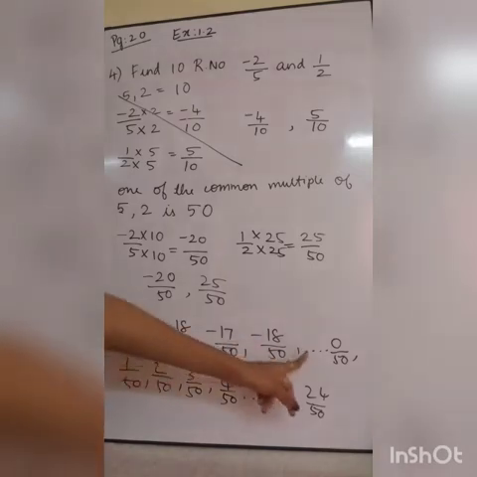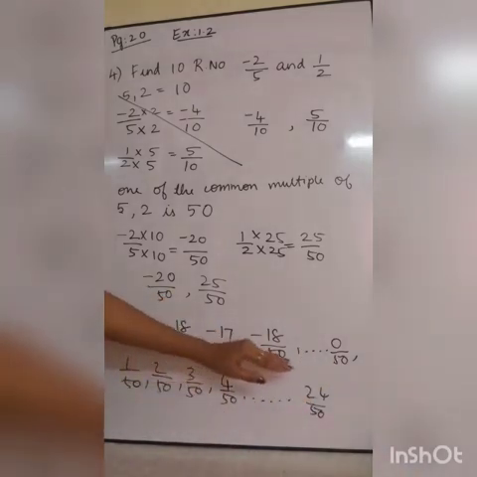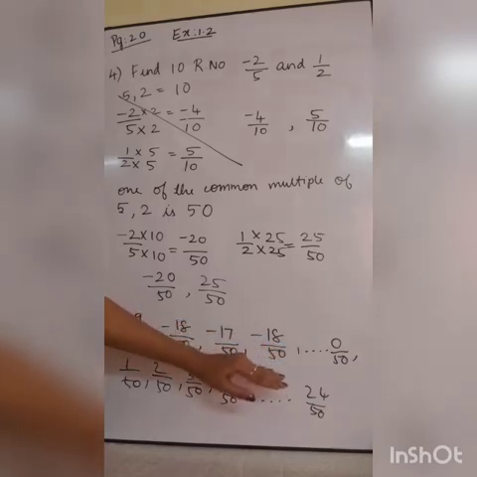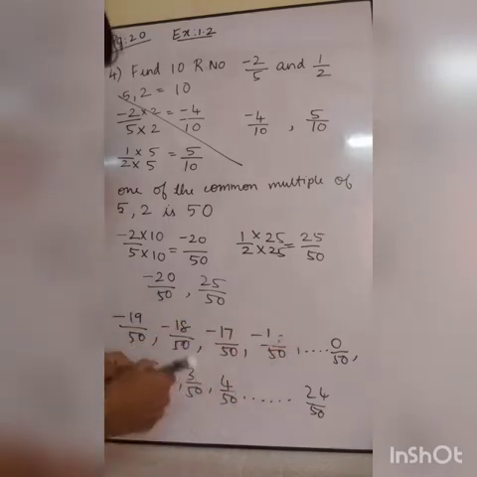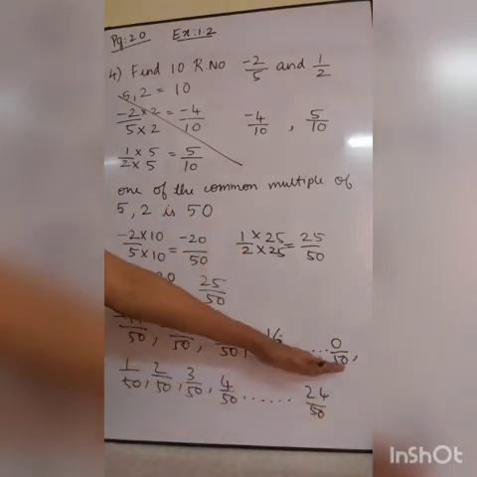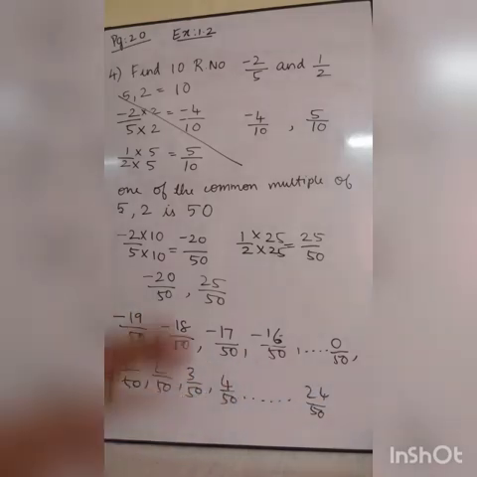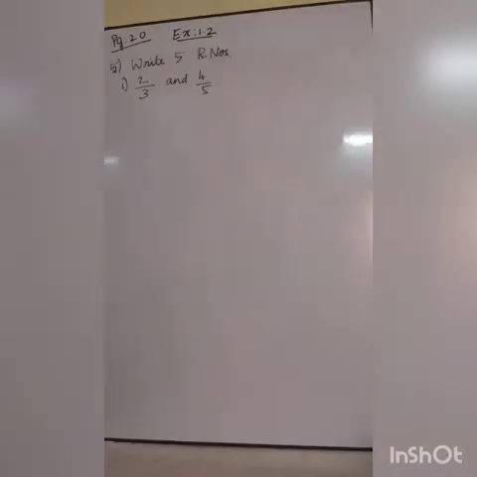But I have written everything, like etc. See, minus 19, minus 18, minus 17, minus 16, sorry. Minus 16, minus 15, like that it goes on. 0 will come, then 1, 2, 3 will come, till 24 you can write it. In that, just write 10 alone, that's enough. Okay, understood? Next is your 5th question.